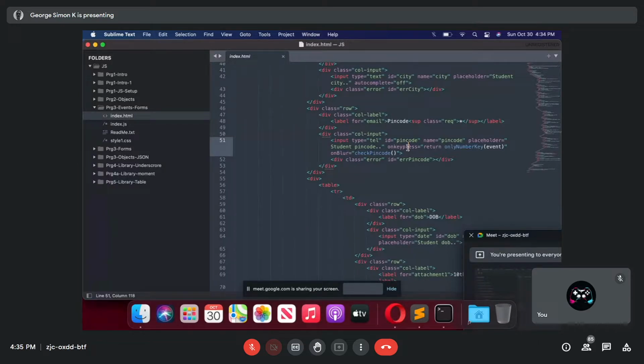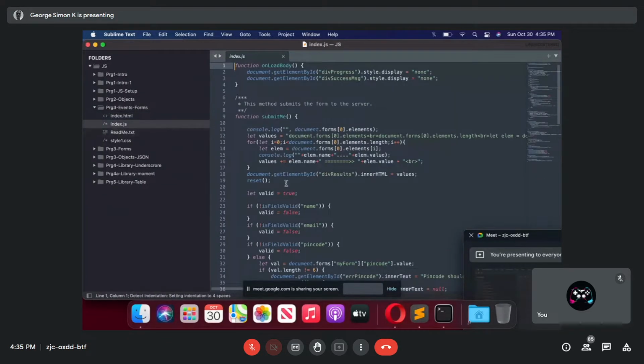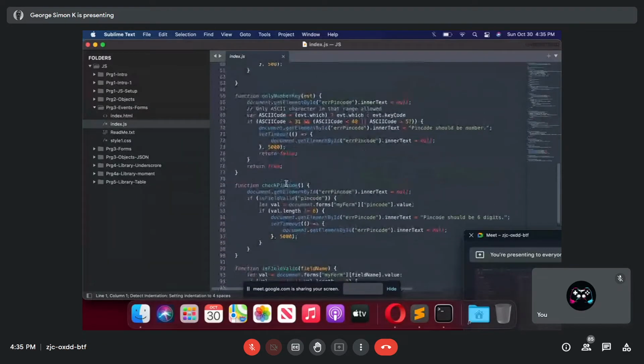The state of that box is changed. I'm calling a JavaScript function called only number key, and it returns a value. So this method called only number key, you won't see it here in the HTML file. You will see it in the JavaScript file, only number key.